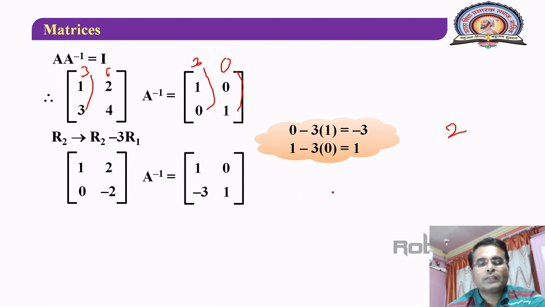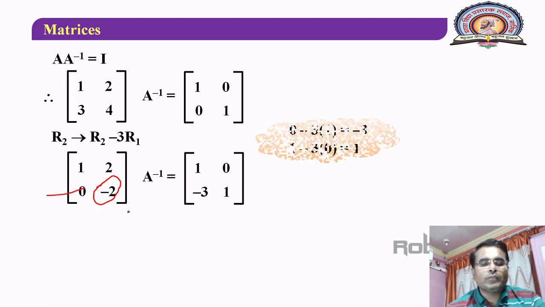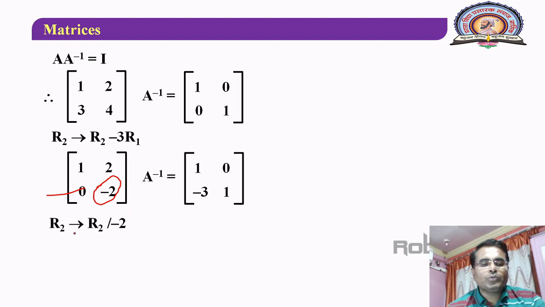This way you can consider the next step. Now in the next step you have to reduce this element to 1. To make this element 1, just divide the second row by minus 2. So that will be our next transformation. You have to consider R2 is taken as R2 divided by minus 2. Let us see what happens. Now again the first row is unchanged, but here what you will get, 0 by minus 2 it is 0, and minus 2 by minus 2 it is 1, into A inverse, as it is, equal to, and we can consider the same thing happening here.